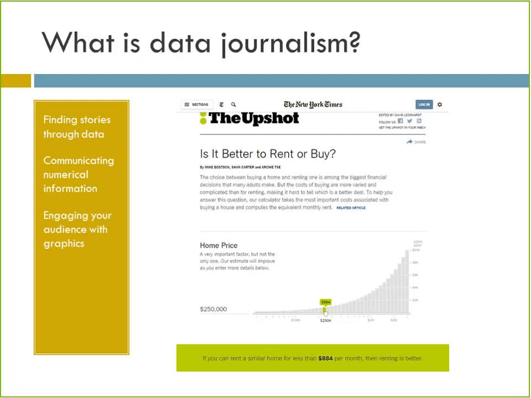So data journalism is all about three things. First, the idea that the story you're making can be based around data, and you might not even know what you're writing about until you look at the data. So today, the data we're going to look at is 10 years of football data for your high school. All of the games, the wins, losses, and what the scores were.